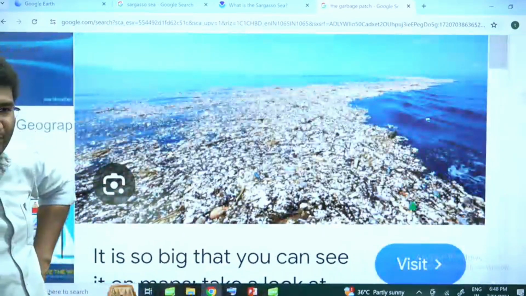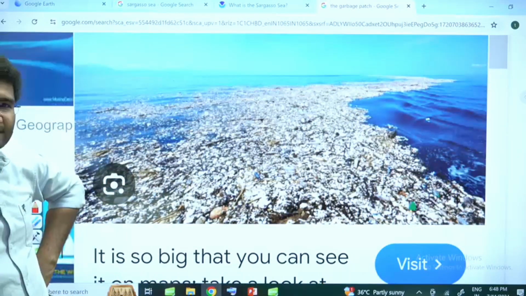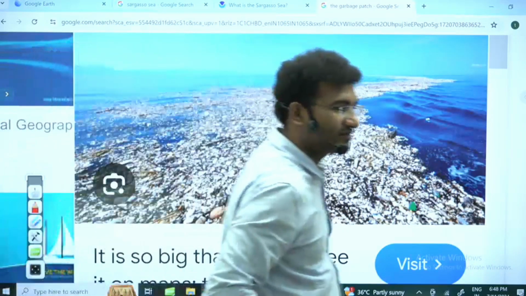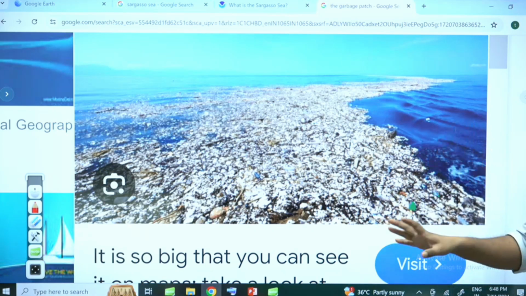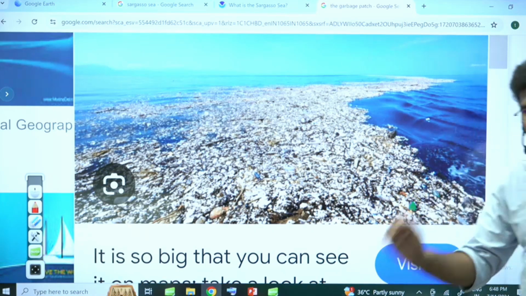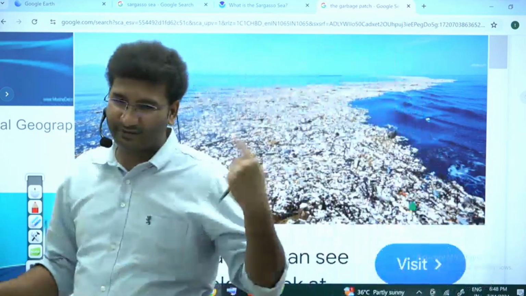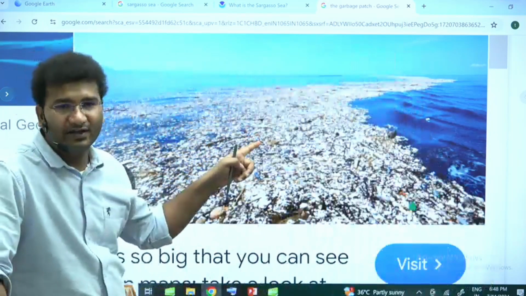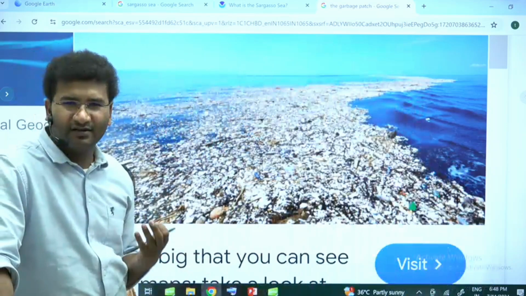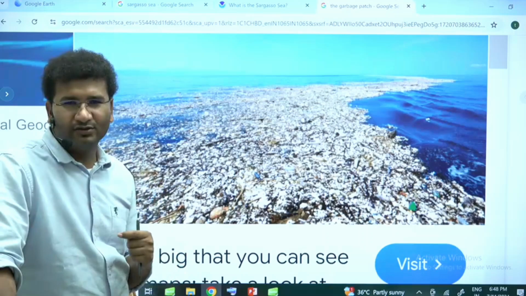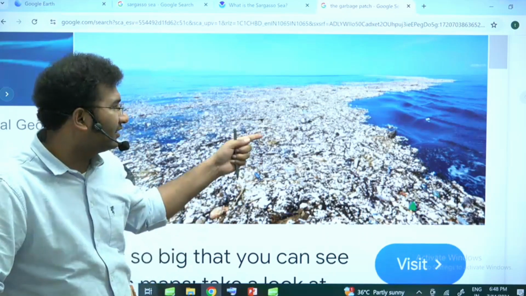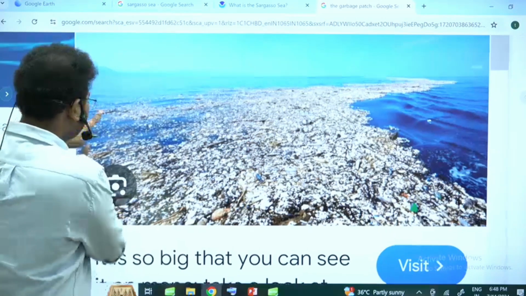How big is it? You know? Almost 20 times the size of your city. That is the size of this garbage. It is floating. Okay? It is very difficult to clean now. The UN is trying to do everything and anything. Whatever you throw into the ocean, anything that can float, is finally flowing and collecting at this part of the area in the Pacific. And US consumption is so high, if you look at per capita, all those wastes, the microfibers, microplastics, are coming and collecting here. So it is a difficult task.